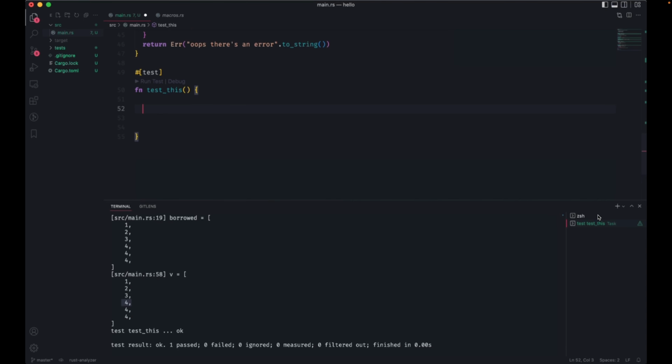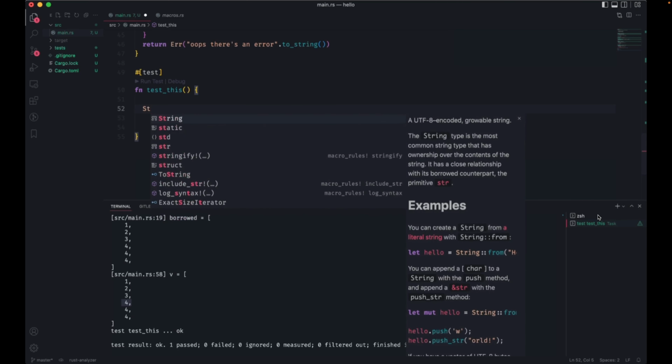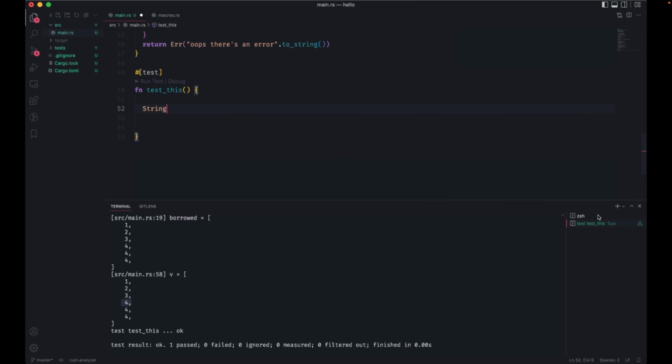The one ID, you had asked me what's the difference between string and str. And strings are weird like that. It's the same thing as the vectors that we just saw, right? Strings are just bytes on the heap, right? So when I do a string new, when I do this, why are you complaining?